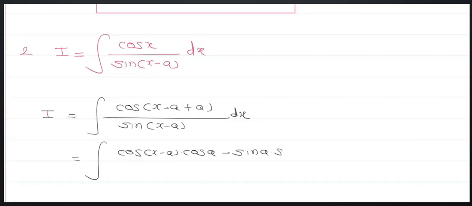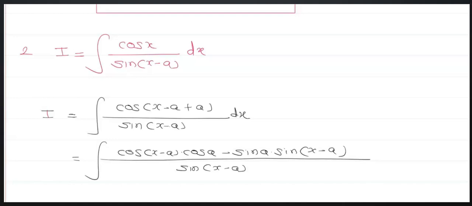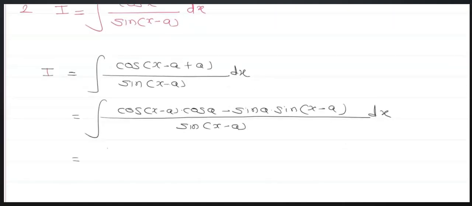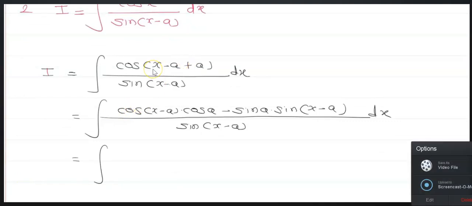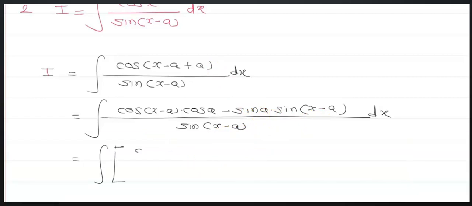into cos of a minus sin of a into sin of (x − a), upon sin of (x − a) dx. Now here, this is the expansion of cos of (a + b). That is cos of (x − a) into cos a minus sin of a into sin of (x − a). Now split these up and there will be cancellations of the terms. That is cos of (x − a) into cos of a upon sin of (x − a)